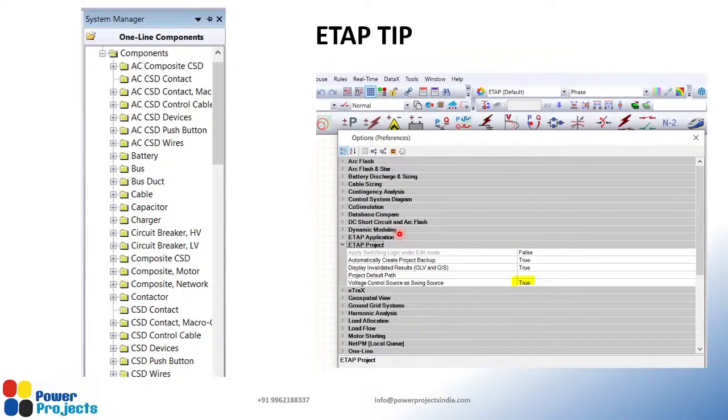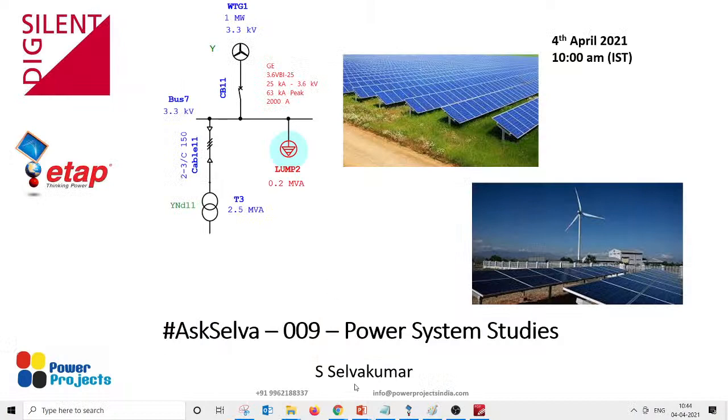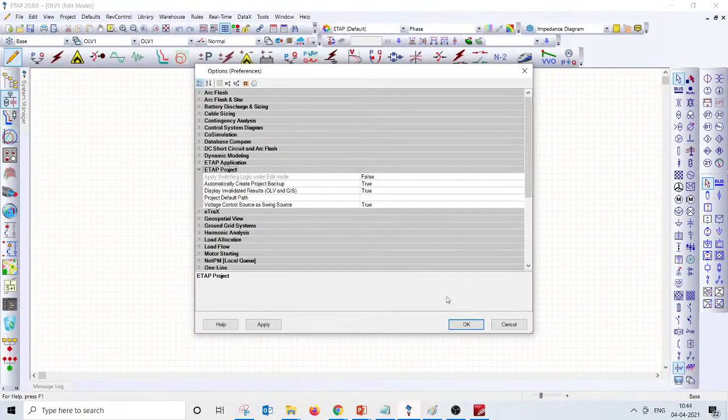Good. So I thought of always ending the session by adding value to the participants with some tip on a simulation tool. Today, let's end with two tips on ETAP, and we will wind up our session today. So one tip: when you are working on a very large project, if you want to count the total number of circuit breakers or relays, you need not really count it manually. There is an option in ETAP where you can easily count it.